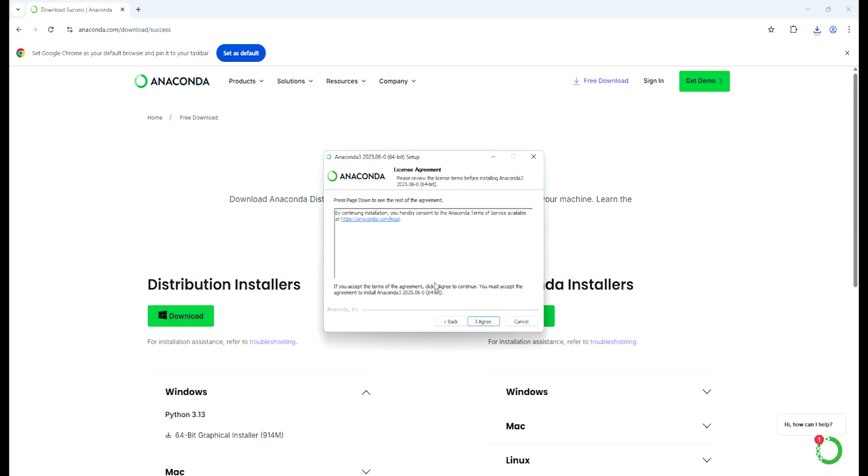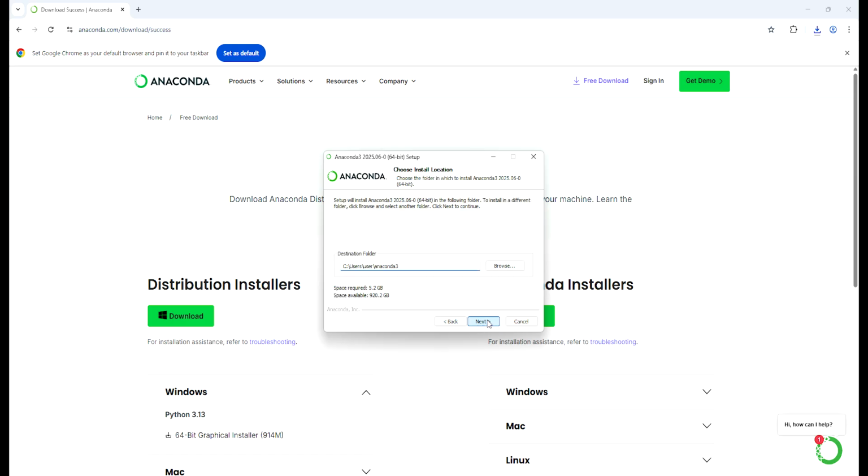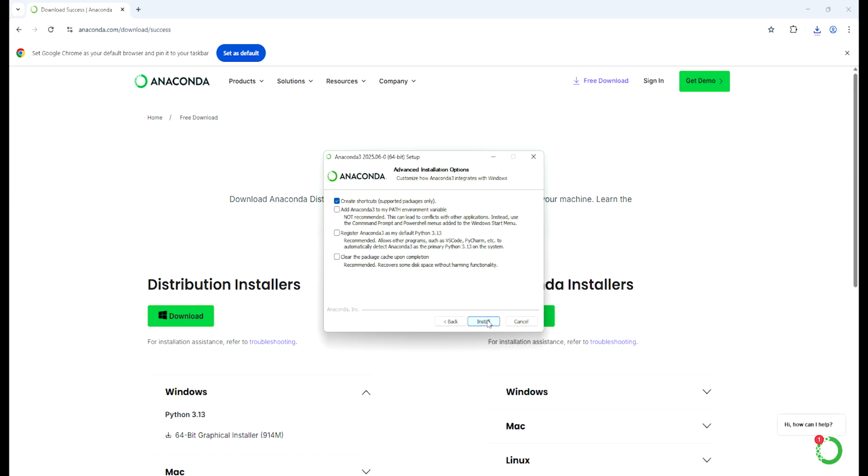Click next. I agree. You can install it for all users or just for yourself. Click next. Click install.